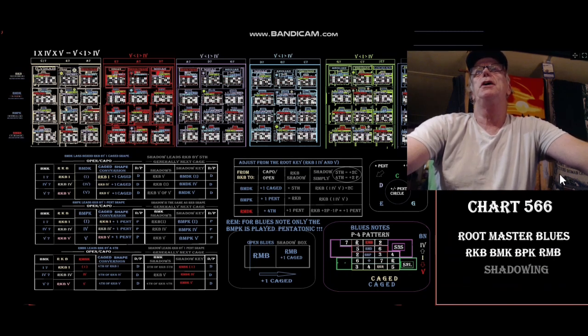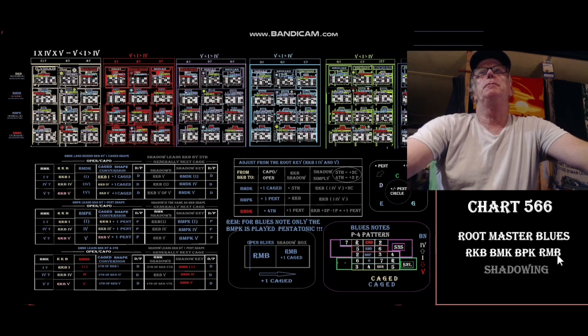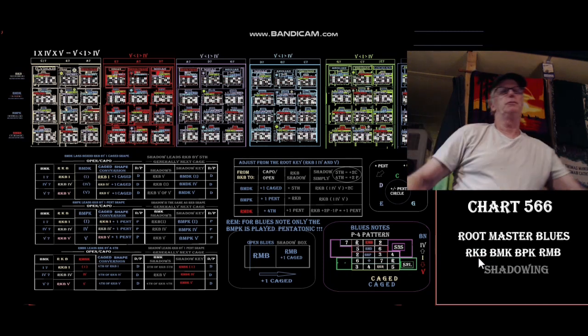Root Master Blues, Root Key of the Blues, Blues Magic Key, Blues Pent Key, and Root Mixolydian Blues. Okay, so those are the three keys, but they're all part of the Blues Magic diatonic key. Its fourth is the Blues Pent key. Its fifth is the Root Mixolydian Blues key. Okay, and these three sub keys here are relative to the root key of the blues. So the root key of the blues,